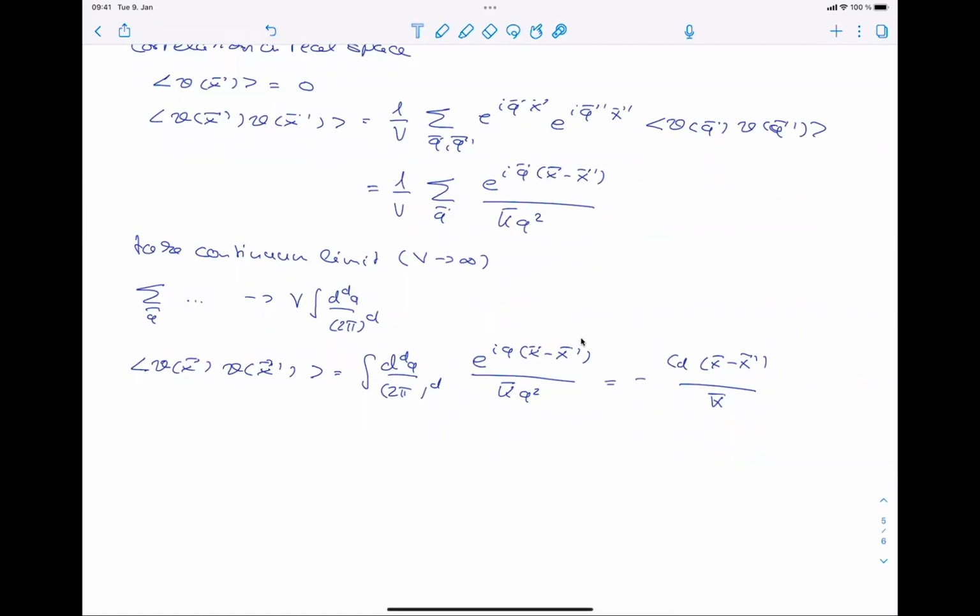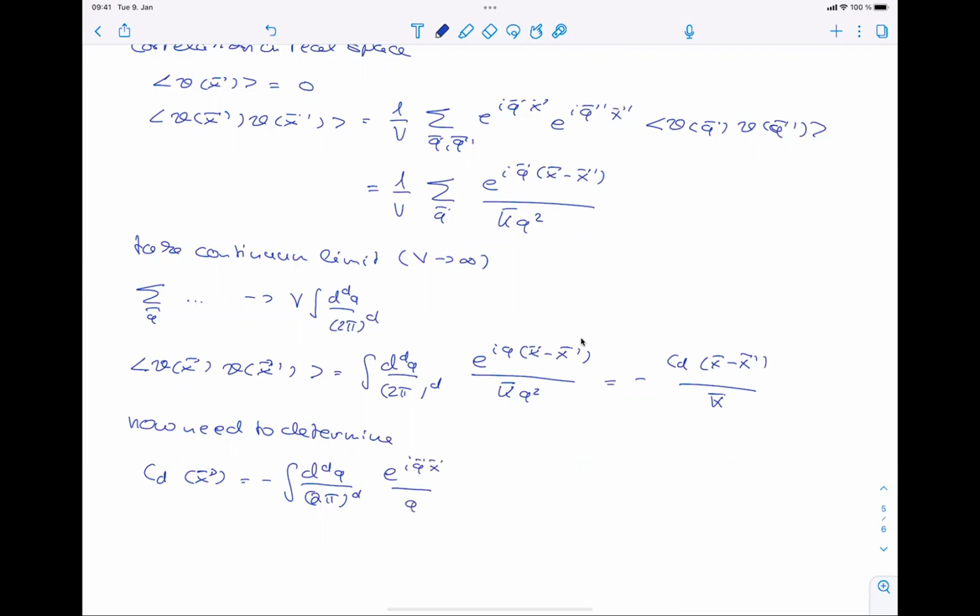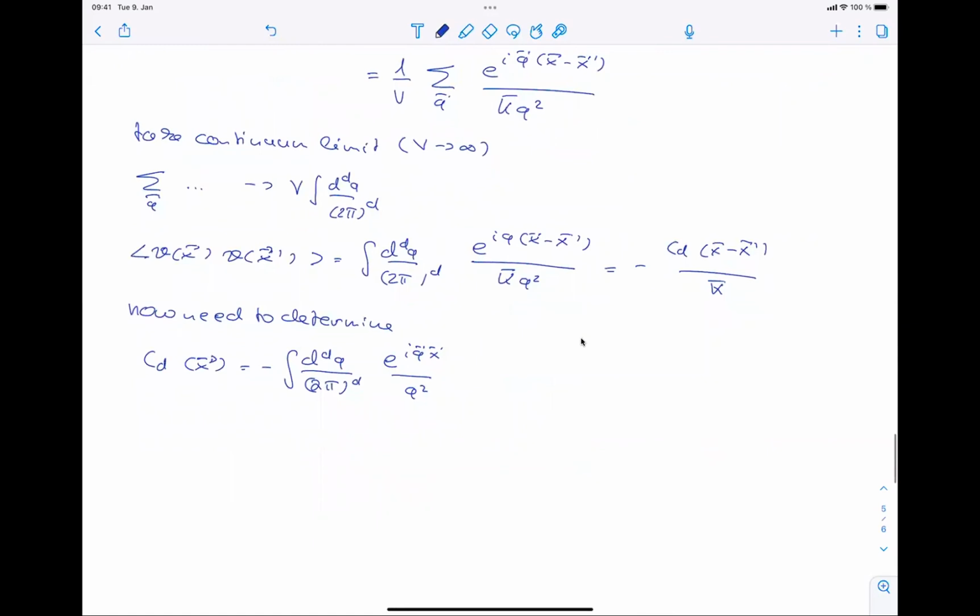So we now need to determine this correlation function, which now I write only to be dependent on the difference vector. Okay, and so I'm pretty sure we can just go in and brute-force evaluate this integral, but